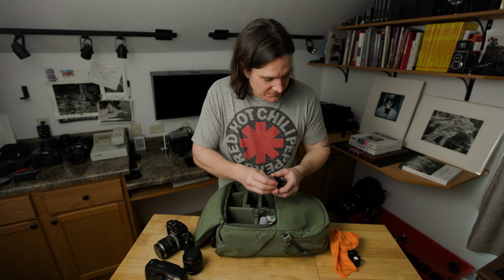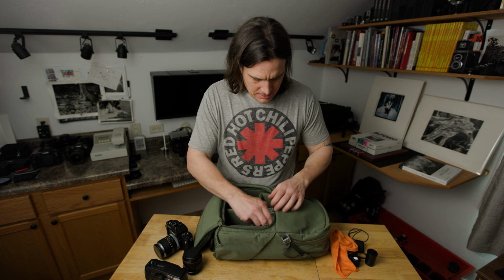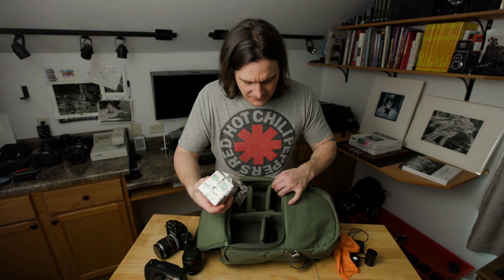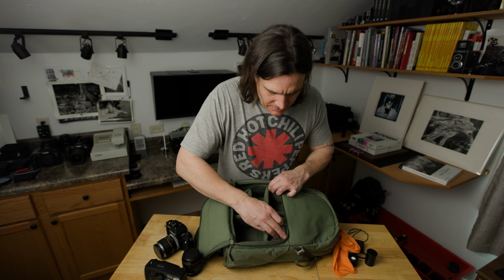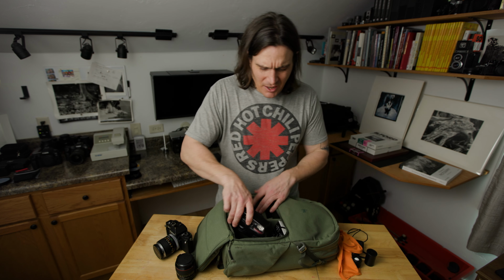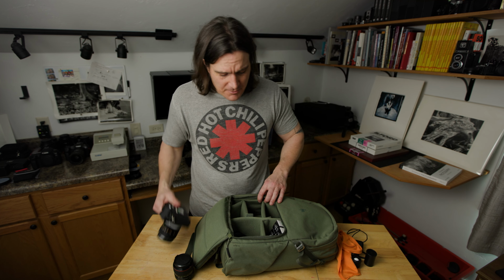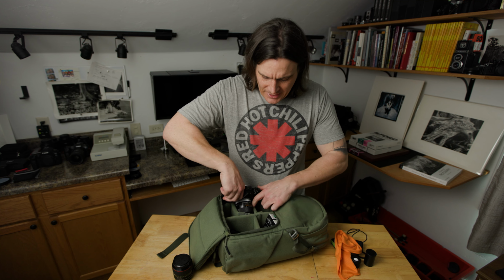Then I got rolls of film. This is for the action cam. Plenty of film. So there's actually quite a bit of room in here. I do like the dividers. It's just enough. Like I could easily pack a few more lenses if I didn't have a second camera. But that's what I had in the